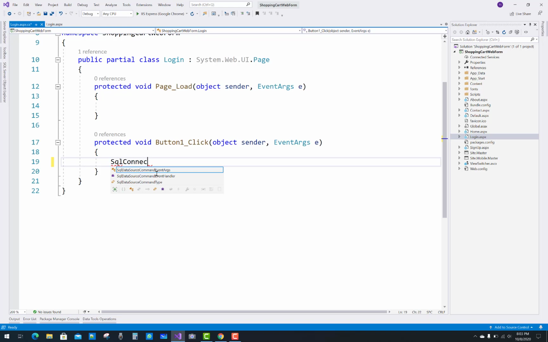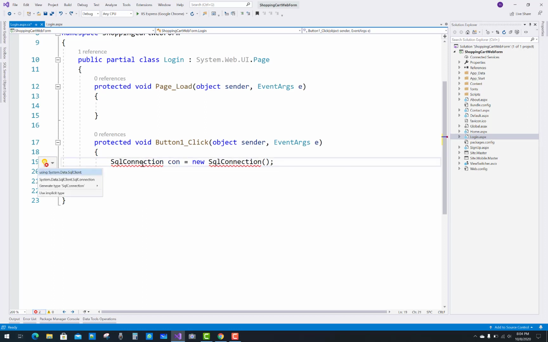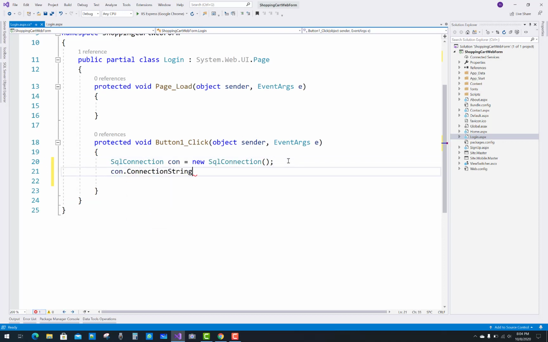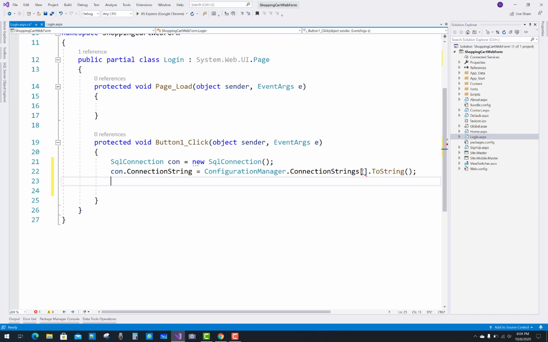Today I am going to show you how the login form will work, and in this video I am going to show you how to design the CS file, or you can say the business logic for the login form. First of all, create a connection by using the SQL connection class. Retrieve the data according to the email and the password. You can get the data from the database table by using the connection and the command class. After that, you have to match the role IDs and the roles.